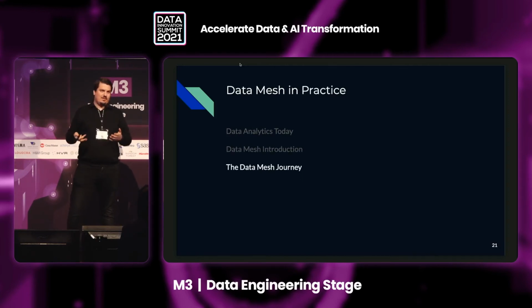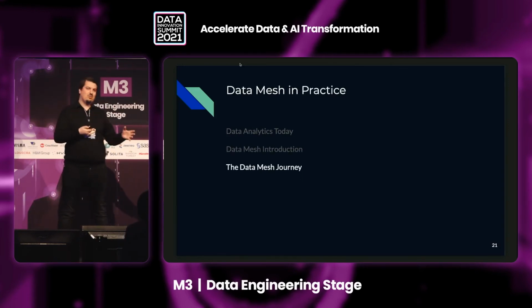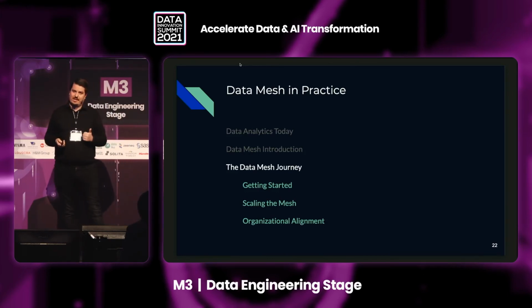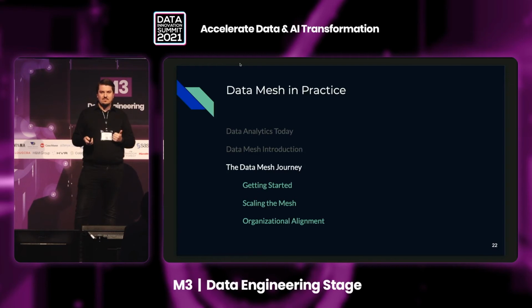Now let me take all this and draw this into a journey. And this is the part where I also want to be a bit more practical, and I want to split this down into three different parts. The first one: how can I actually get started? What are the first steps that I can take to actually get towards a data mesh? Second, how can I actually scale this once I have laid the foundation? And then last but not least, how can I achieve organizational alignment and reach exactly these points that I just mentioned on the side of federated governance?